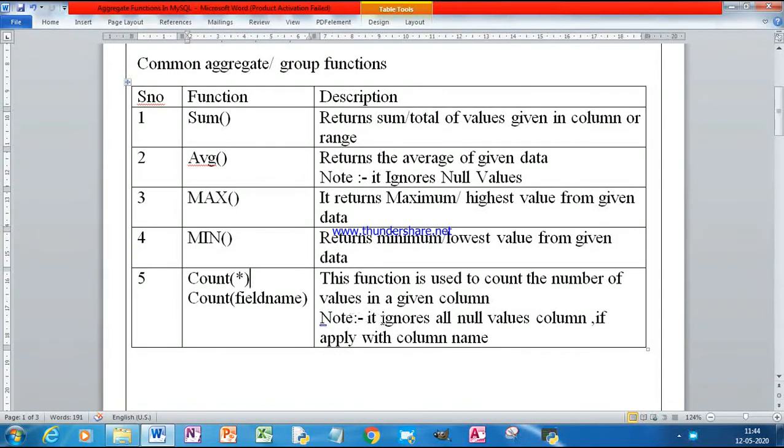One note: if we apply it with a column name, it ignores all null values; it does not count the rows having a null value.